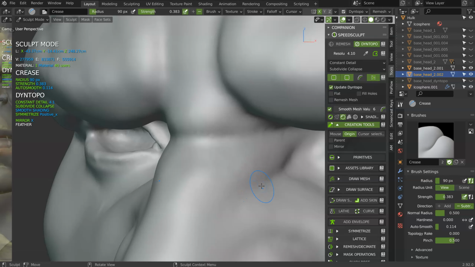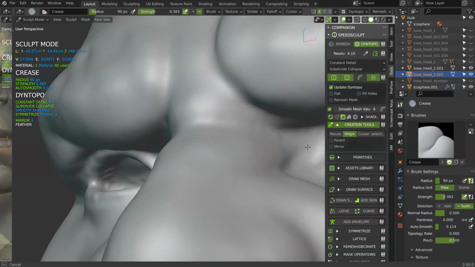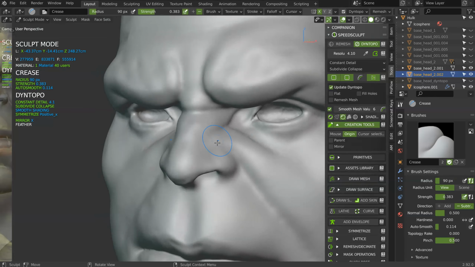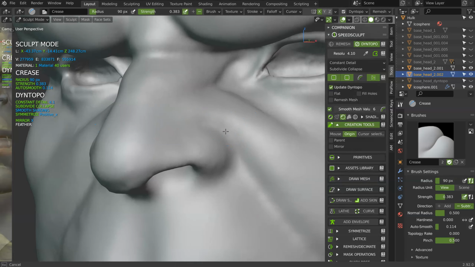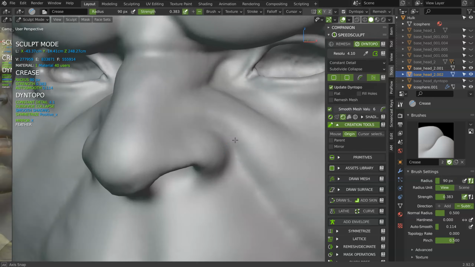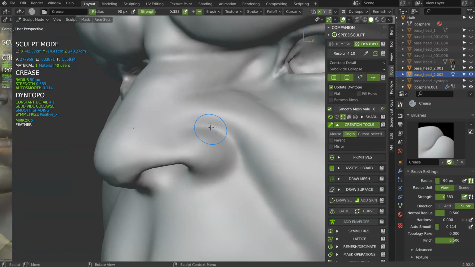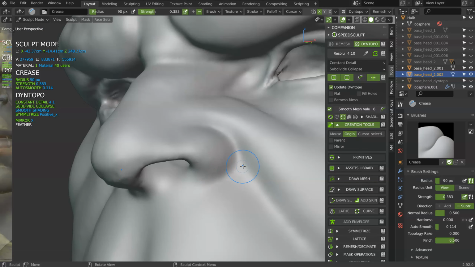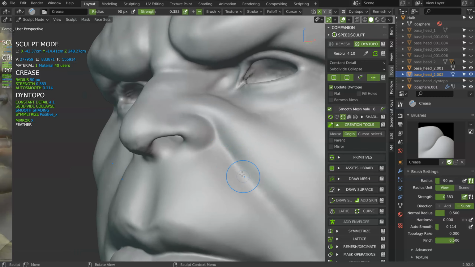So, as you can see at 4, it's interesting. I can start drawing my details, like that. It's nice, and it's maybe more natural because every part is not fully detailed.